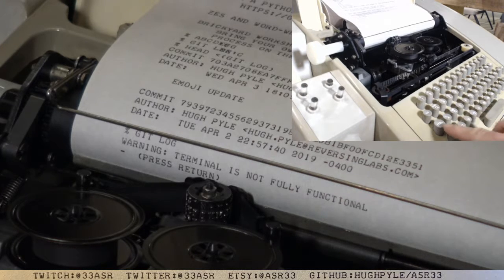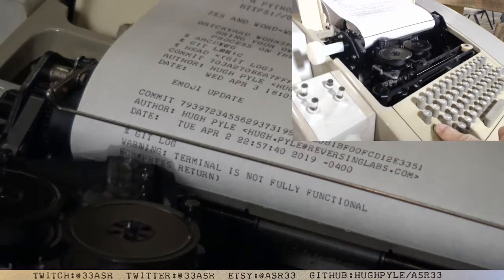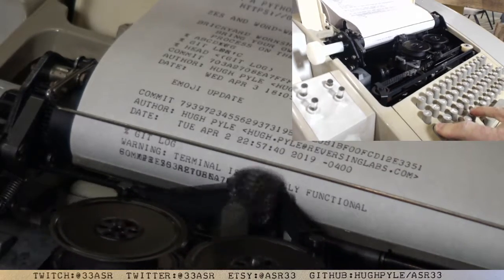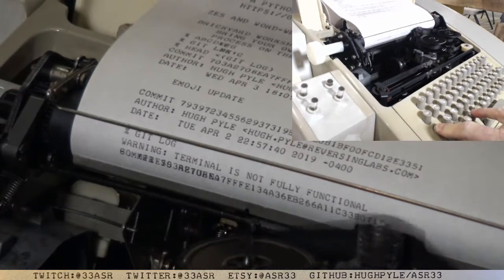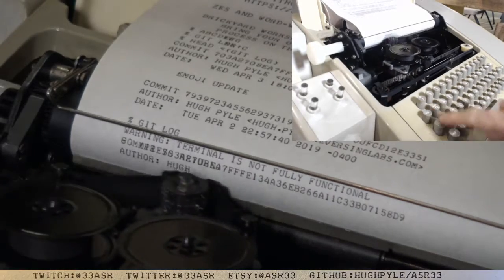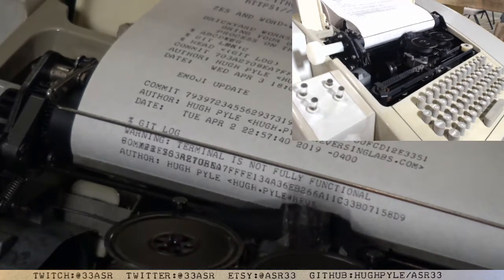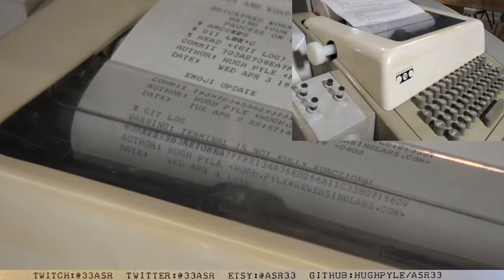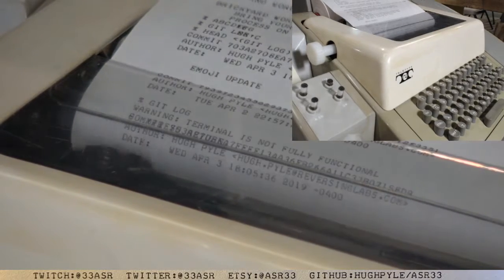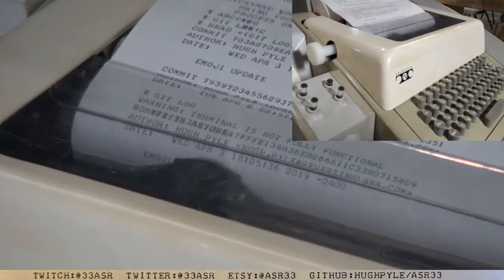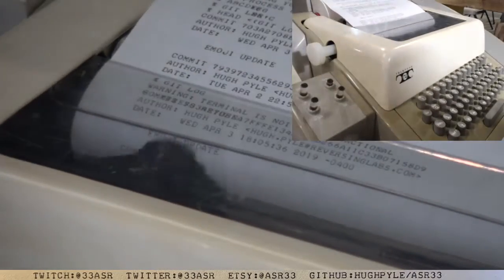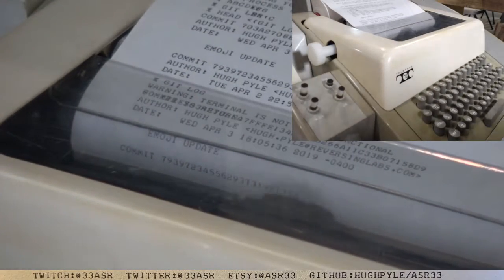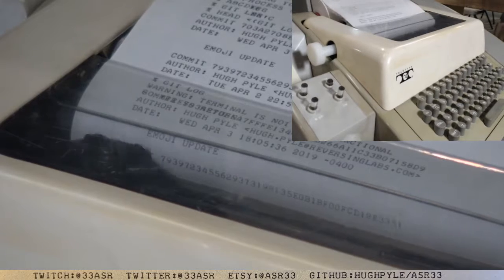And if I hit Control C, it still is going to spew paper for a long time. Okay. All right. We'll give it a few minutes and see what happens. Okay. Well, so